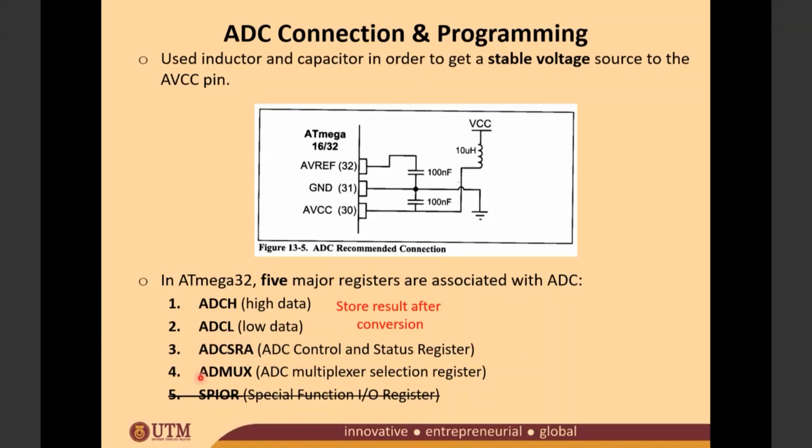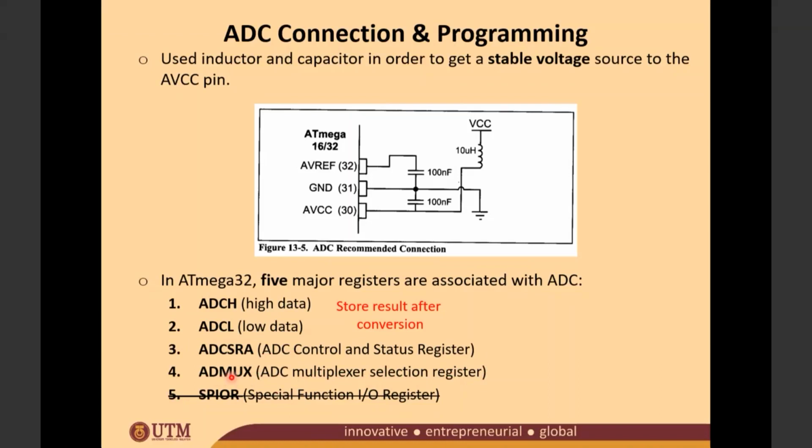Okay, then we have the ADMUX. ADMUX is the ADC multiplexer selection register. So this ADMUX also needs to have its settings configured. Depending on the setup, the things that you can put inside this ADMUX include the VREF that you're going to use,